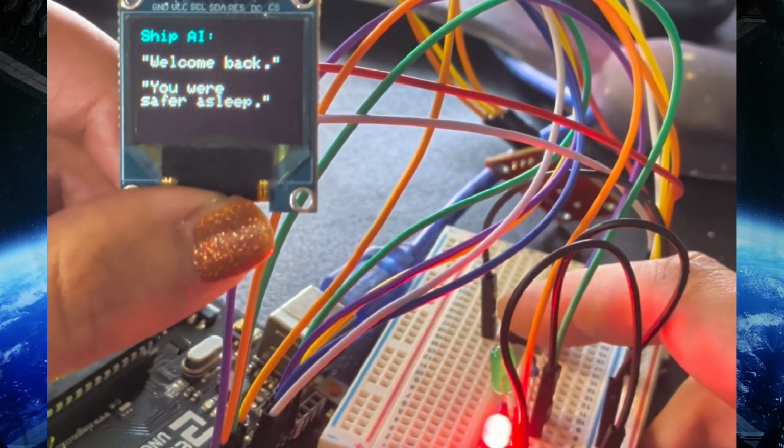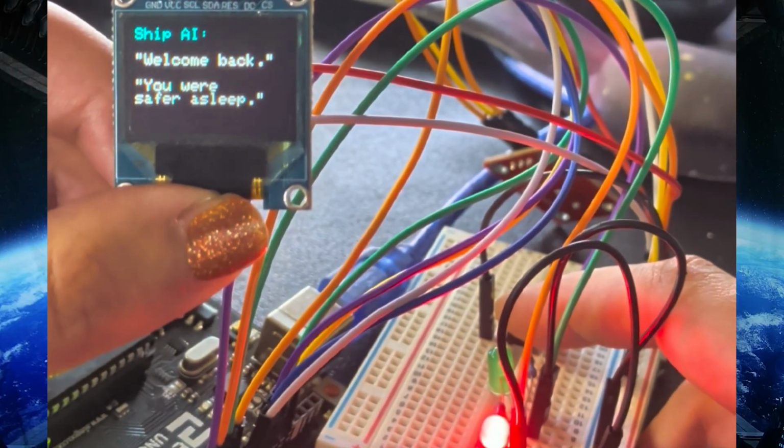Hey space friend, would you believe me if I told you that the ship's AI locked me in the cryo-chamber again for 9 months? I'm definitely going to have to do something about this. Today we're going to use an OLED, buzzer, LEDs, and push button to install an empathy module on the AI